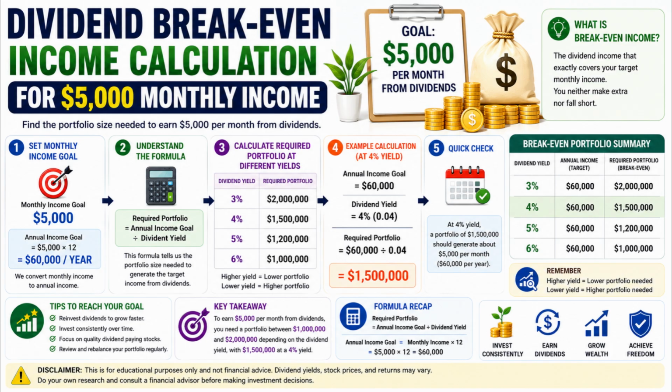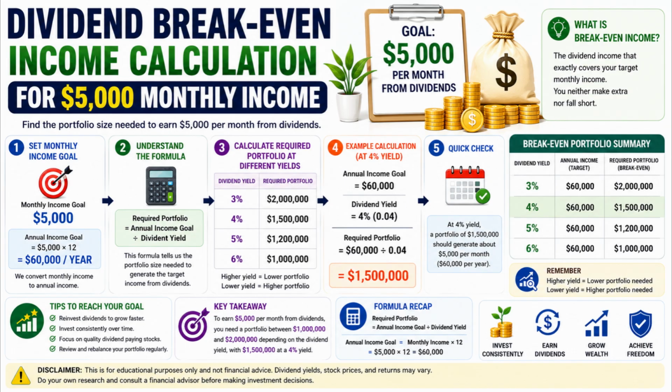Now, let's look at the example calculation using a 4% dividend yield. The annual income goal is $60,000. The dividend yield is 4%, or 0.04. So, $60,000 divided by 0.04 equals $1,500,000. This means that, at a 4% dividend yield, a portfolio of about $1,500,000 may generate around $5,000 per month,